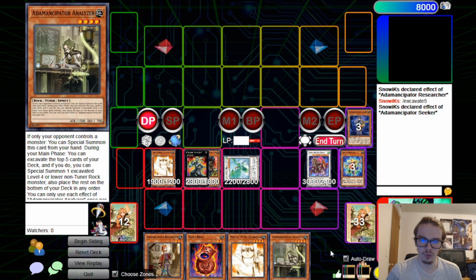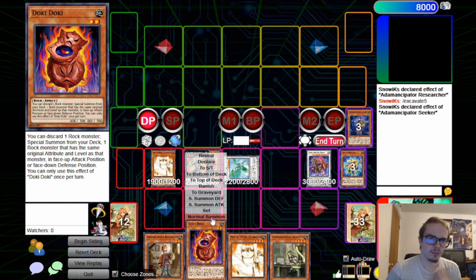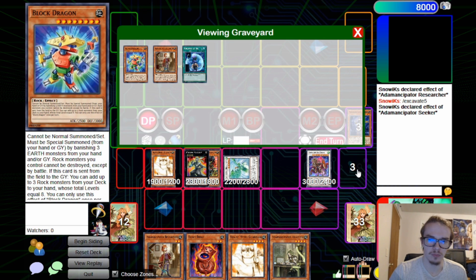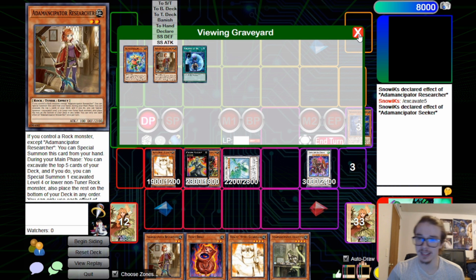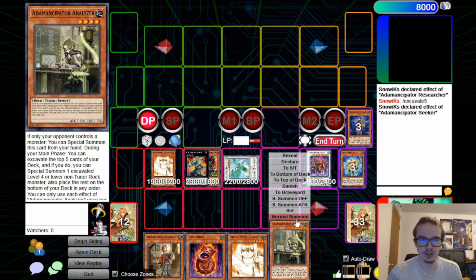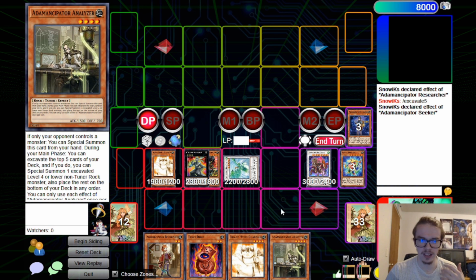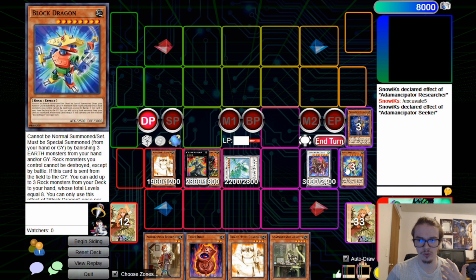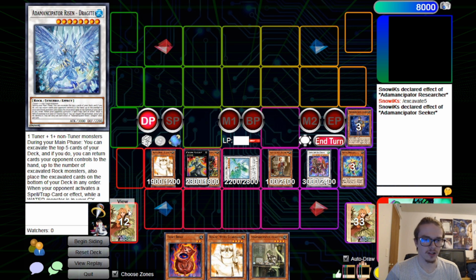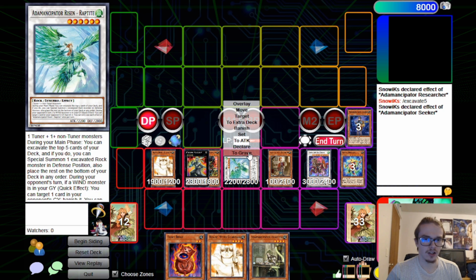Realistically, I don't know which one would be better to normal summon here, because our zones are kind of clogged. But realistically, we could just bring back the Block Dragon again, and then potentially link off with that there. Or we could go for Analyzer here. It all just kind of depends on what you want to do. I think the best option here is to actually just go for a... let's actually just normal summon Researcher here. Let's go Researcher with the...